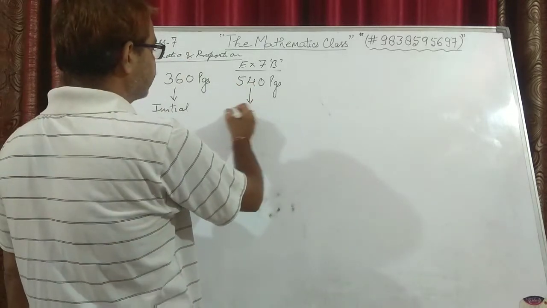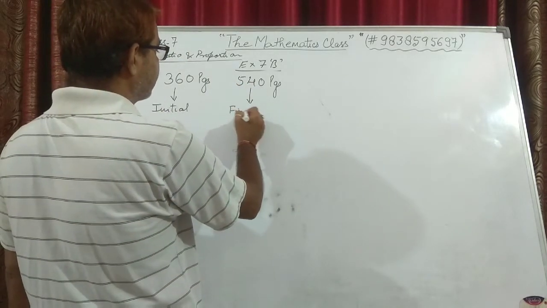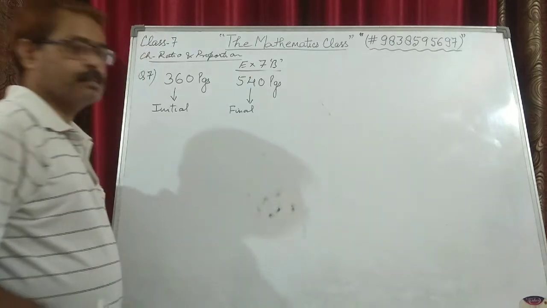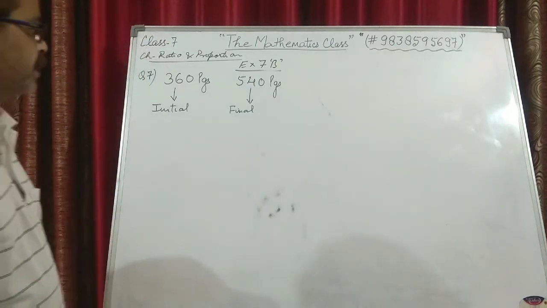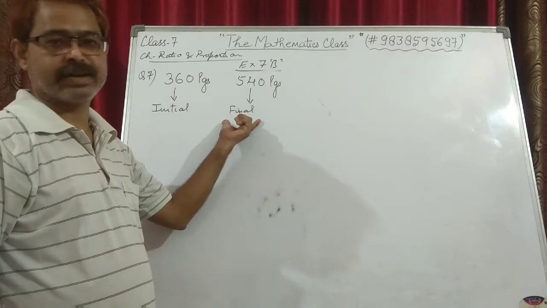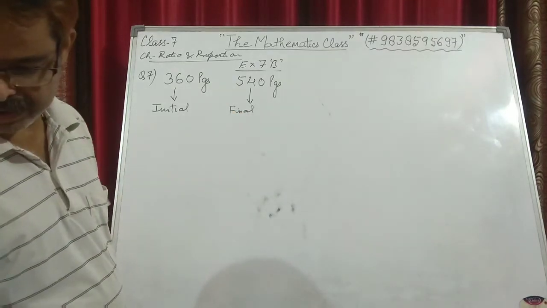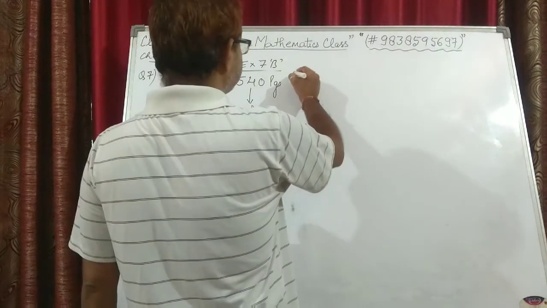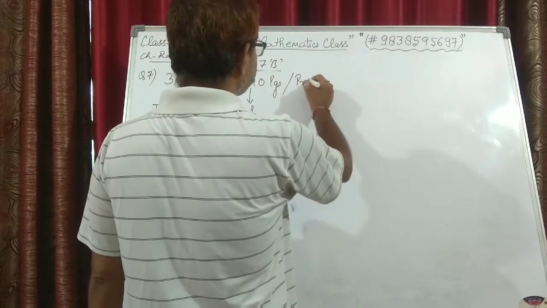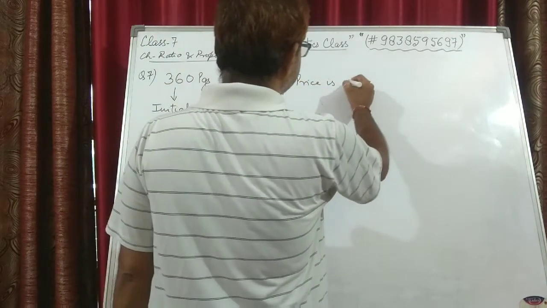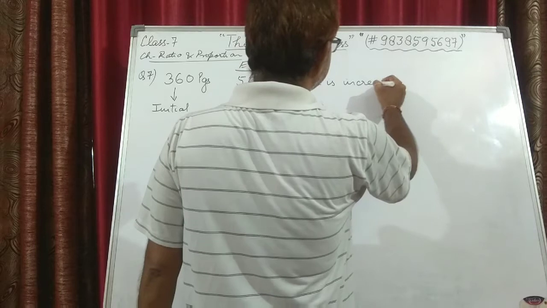Then some content was added to it, the number of pages increased and finally became 540 pages. Then they say that the price of the book is increased